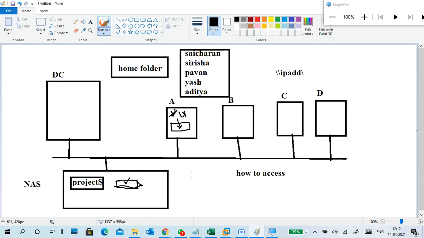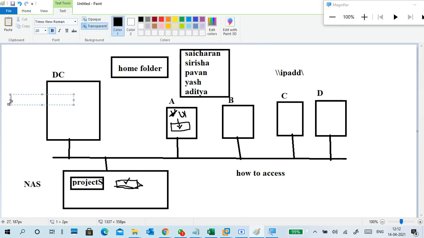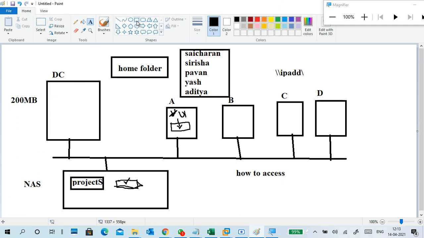Every user, wherever he logs in, gets a mapped drive, so he can keep data and access that mapped drive data also. Of course, we can create restrictions on it. One guy asked a question about his college: wherever they log in, they get around 200 MB, a small size, a network folder, and he cannot put more data than that.